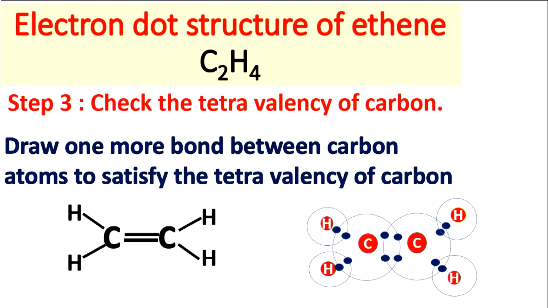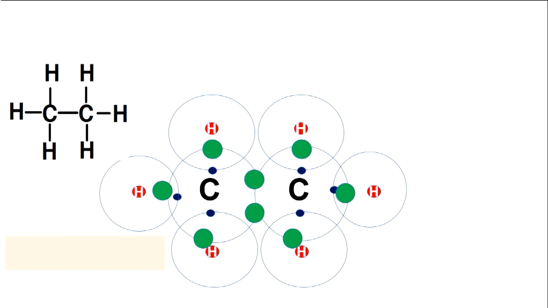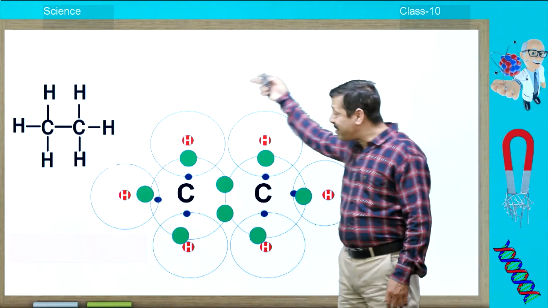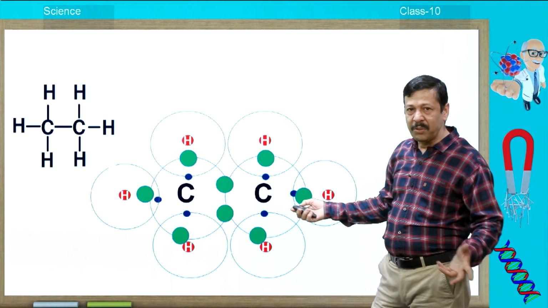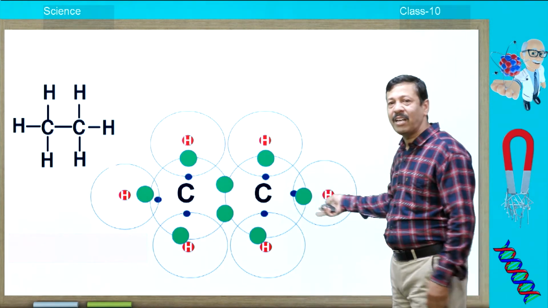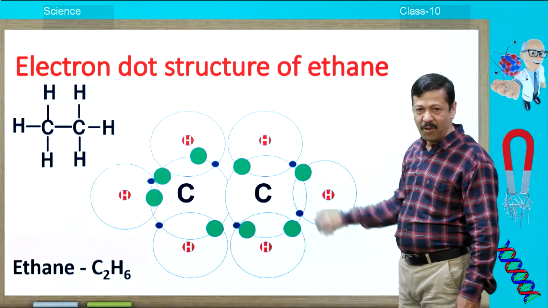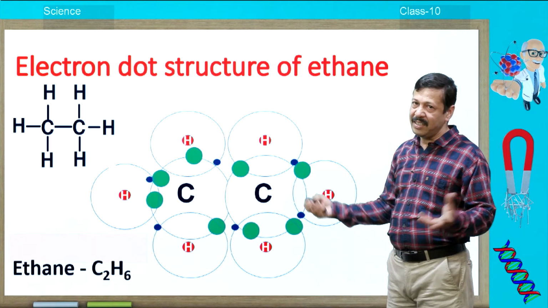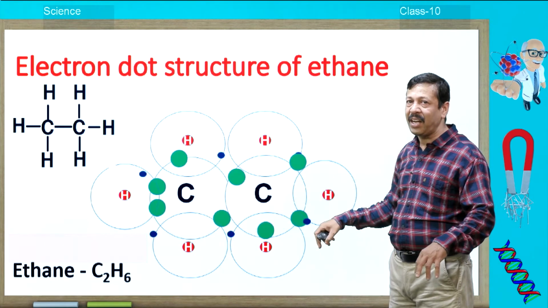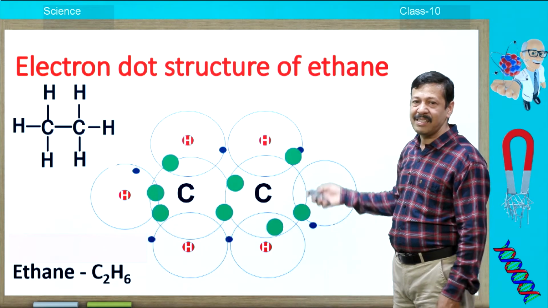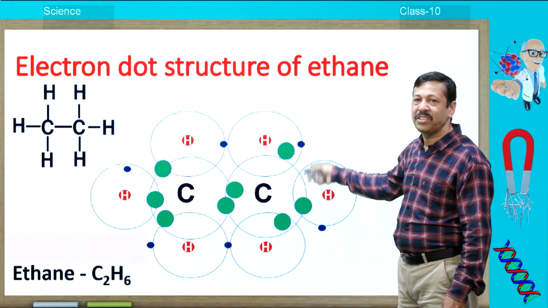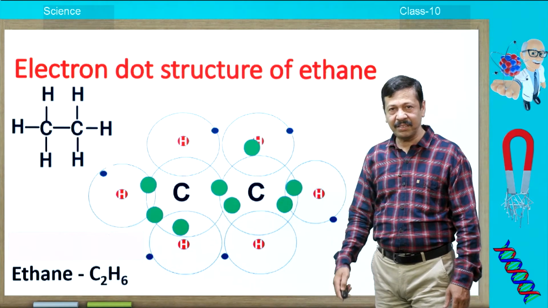What is this? This is the electron dot structure of ethene, right? Already you practiced these things. Let us move on to the next one. What is this? This is ethane, C2H6. This is the electron dot structure of ethane. Observe the electrons. 4 valence electrons are there. In the valence shell, after sharing, octet is achieved. Hence, this is the electron dot structure of ethane, right? Now,